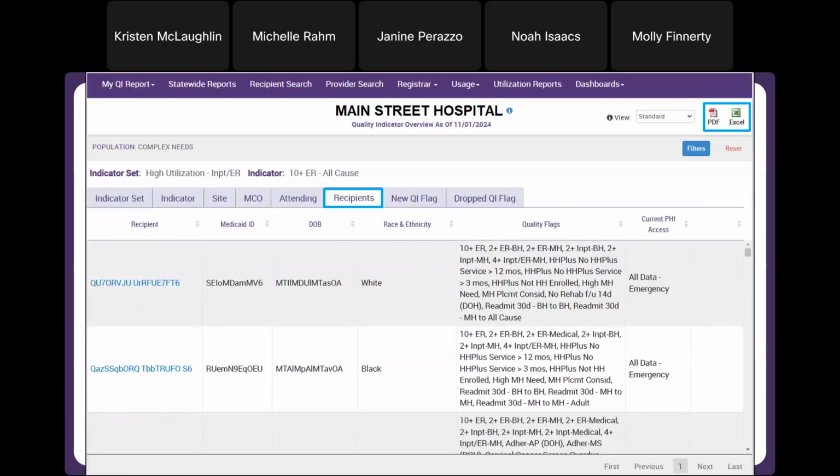And then let's say I want to go that extra mile. Again, of the people who have 10 or more ER visits for any reason who are also complex needs, now